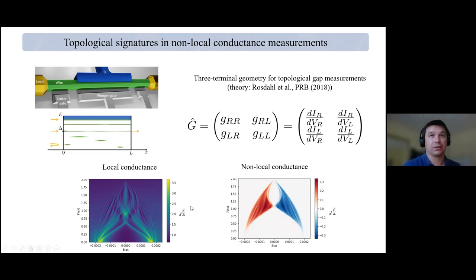So you can see the results here, and there's a simulation results here. If you look at local conductance in this particular data set, there are lots of states. Some of them are closing, and then they move around. Some of them stick to zero for an extended period in magnetic field. But if you actually look at non-local conductance, it's pretty clear that this is a transition